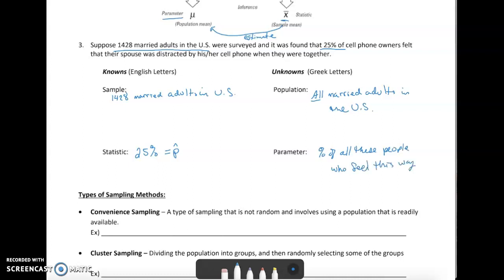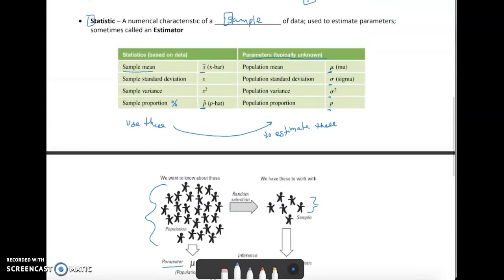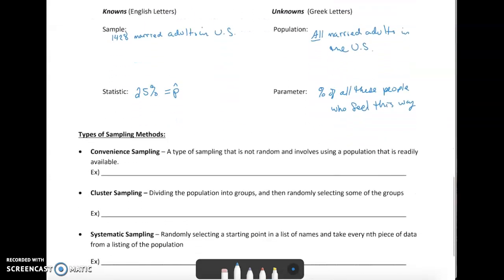Now that I am not going to actually know, but it's symbolized with just a P, the population percent. I'm never going to actually know it,